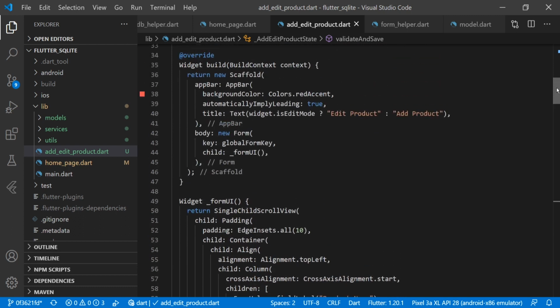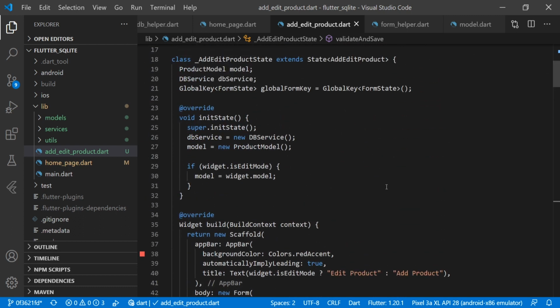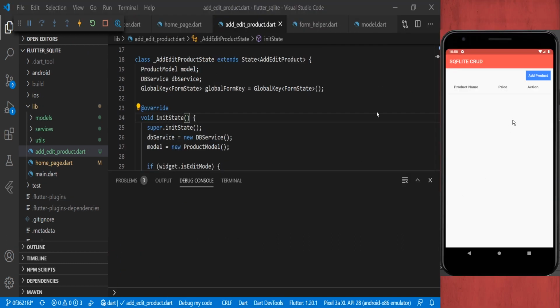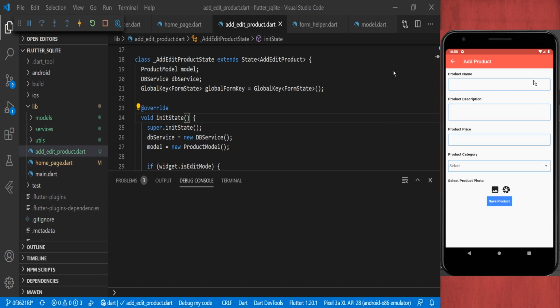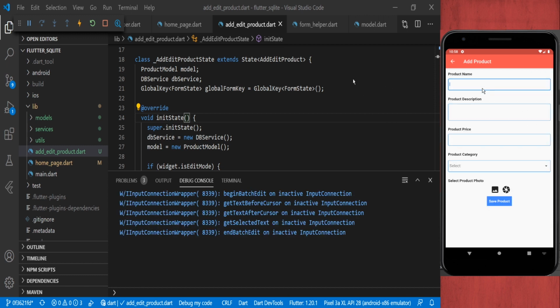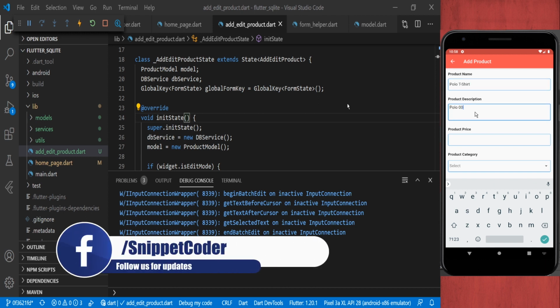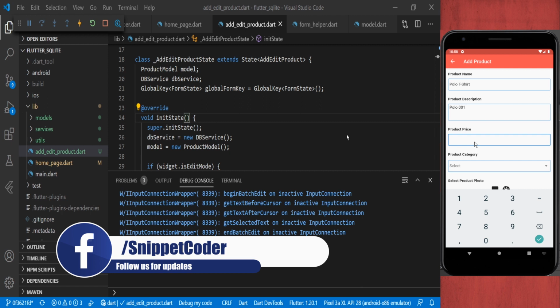So now let's run the application. I will go through the application with the code side by side. So here in our application the data table is coming but with no records, and now we will add a product here. We will click add product and we will type polo t-shirt. Then in the description we will put polo 001. Then we have a price of 500.